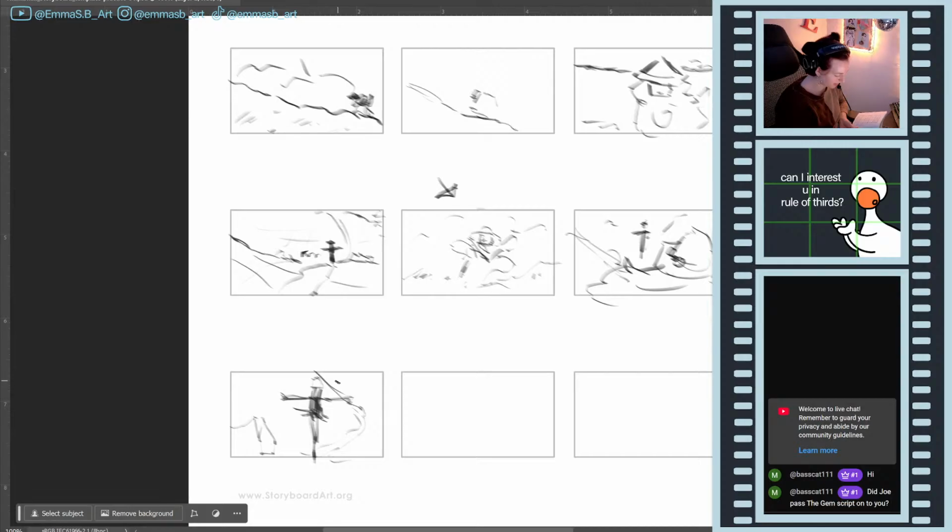Alright, so here's what's happening. He's gonna jump forward, but he's gonna come more like screen right. And then in the following shot,